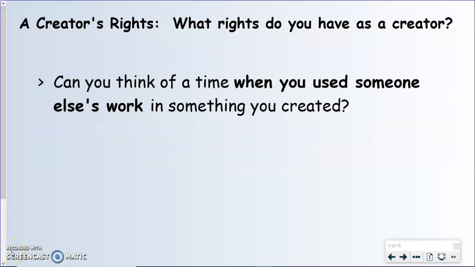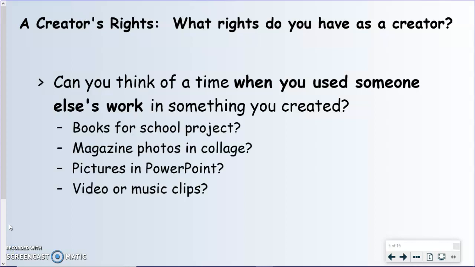Now, can you think of a time when you used someone else's work in something that you created? You may have used books for a school project. You may have used magazine photos in a collage that you made. You may have used someone else's pictures in a PowerPoint you created, or someone's video or music clips.